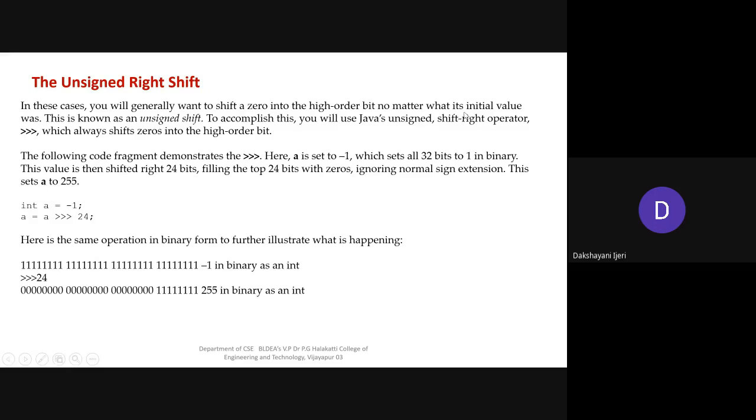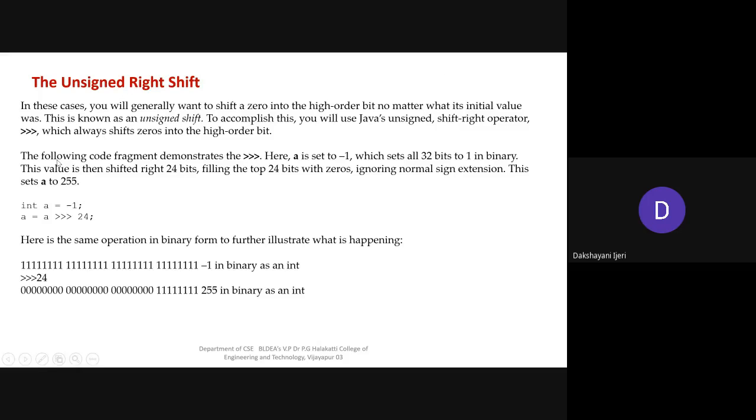Exactly how you did it in the left shifting, if you want to do it even with the right shifting, then that kind of shifting is said to be the unsigned shift. Okay, so the notation that is used for the unsigned right shift is triple greater than symbols. As compared with this, where you use the double greater than symbols, in this case you are going to use the triple greater than symbols here. Okay, so the following code tells you how it is done here.